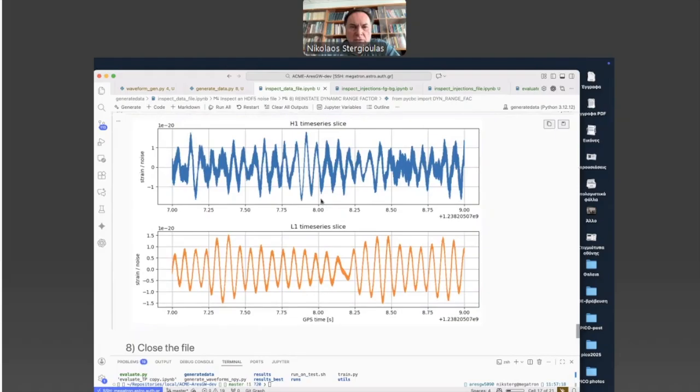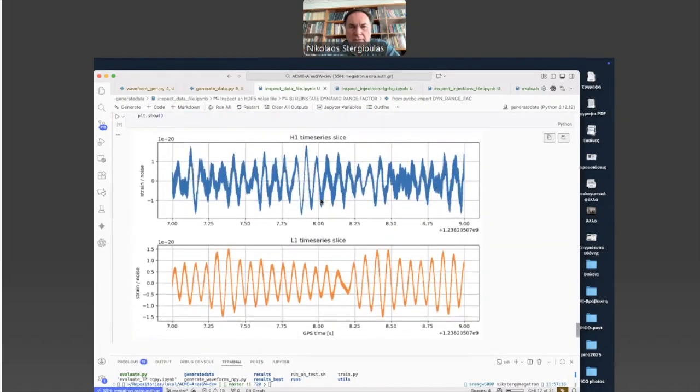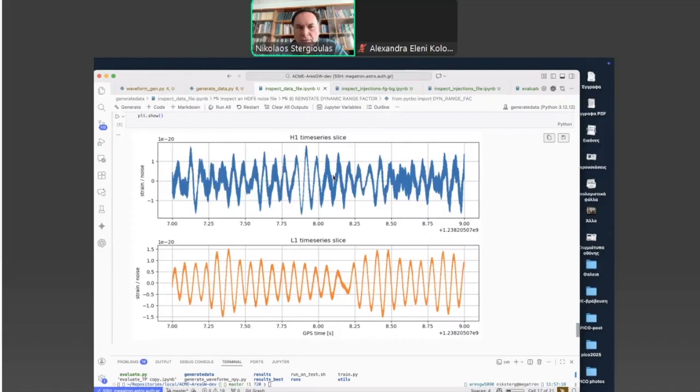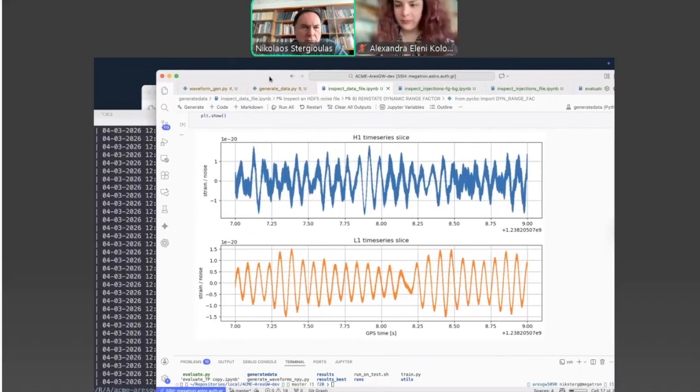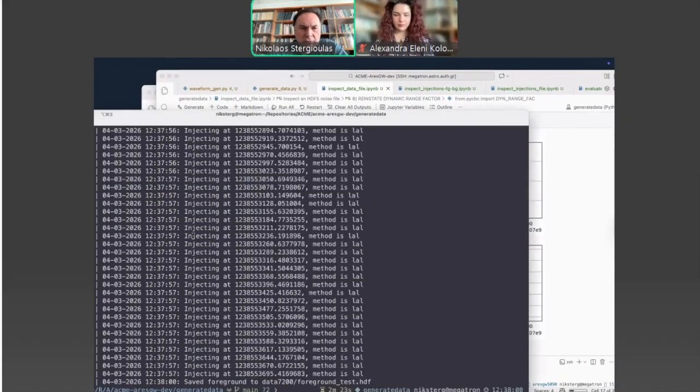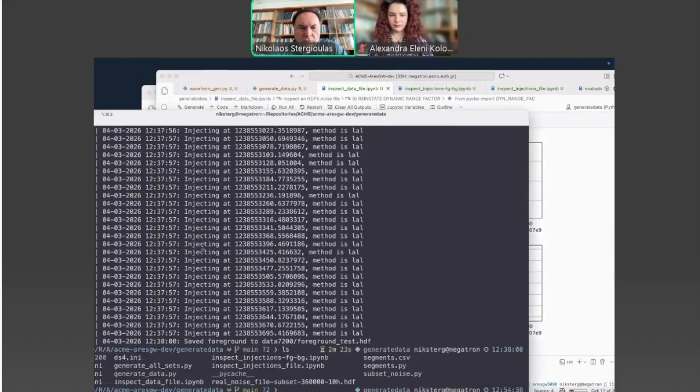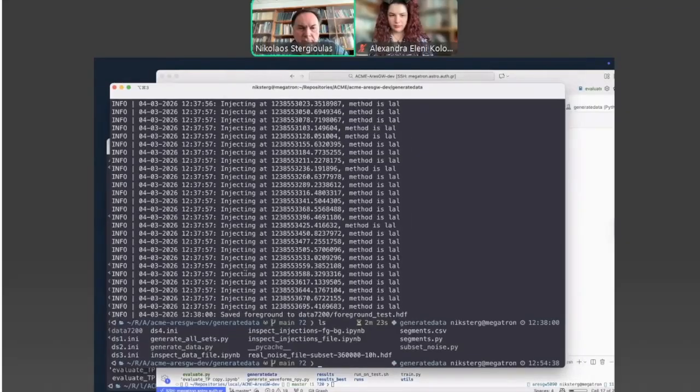Okay, so this is then what is in the noise file. So we then perform the injections. Let's see, is this concluded? Yes, all injections are done. And so now, if we go to the directory, data 7200,